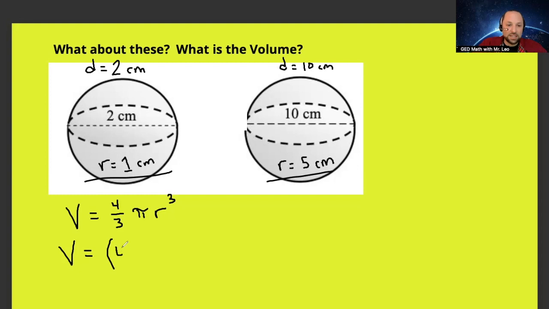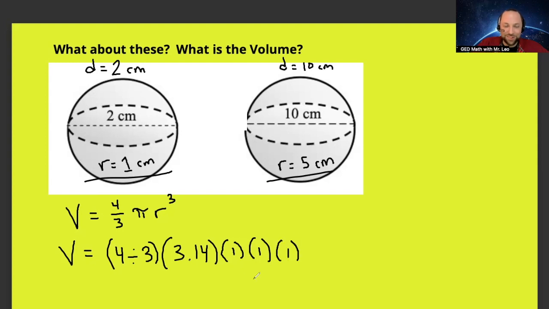4/3, we're going to treat that as a division in parentheses, 4 divided by 3. Pi is going to be 3.14. And the radius is going to appear 3 times. What was the radius? We're doing the first one. Radius is 1 centimeter. So I want to see 1 times 1 times 1. All right. Grab your calculator. Let's type it in. This one's going to be interesting. 4 divided by 3 times 3.14 times 1 times 1 times 1. Okay, final answer,